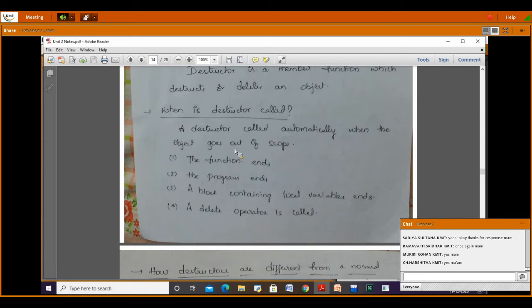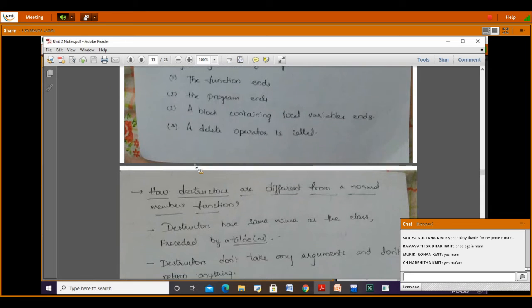So these are the different scenarios where the destructor is called. At the end of the function, it is going to call the destructor.